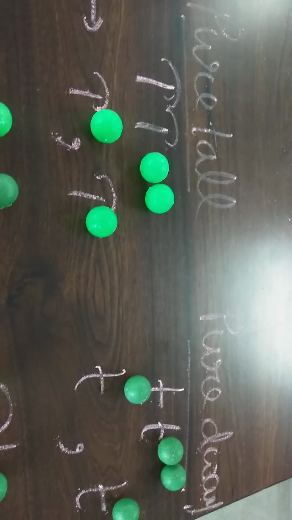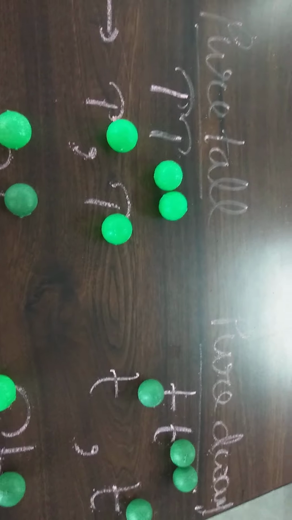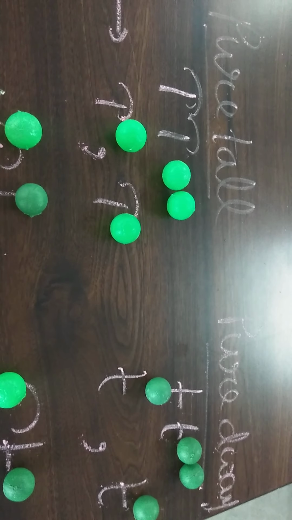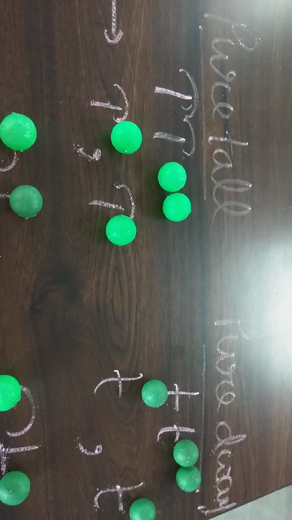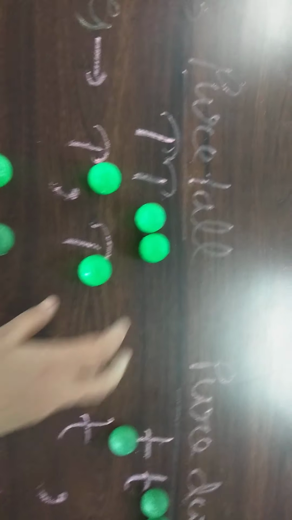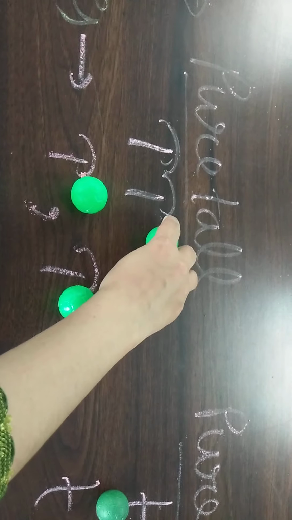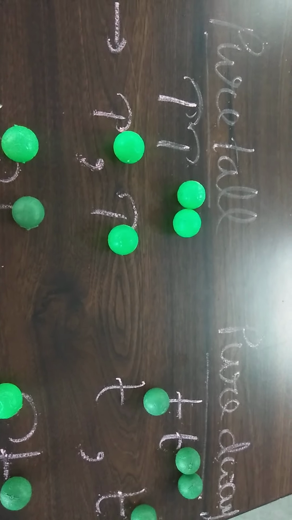Very good morning, students. Today we will perform one of the experiments of genetics, which involves the demonstration of the law of segregation and law of independent assortment by using the colored balls or colored beads. So we are going to use these colored balls. So first we will start with the law of segregation, which is the first law of genetics, which was given